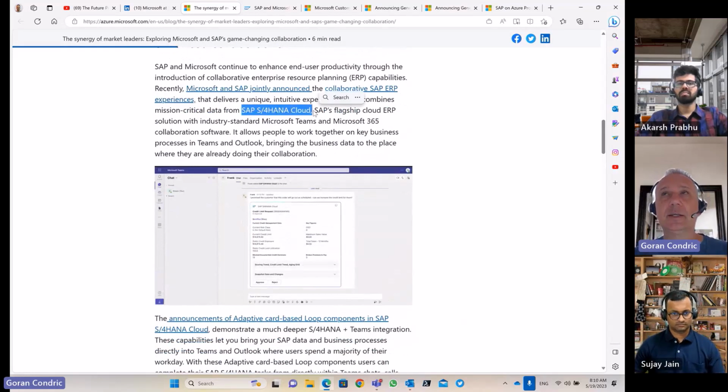Because a lot of what customers do revolves around the UI, and many customers are using Teams, there are scenarios showing integration with Microsoft Teams and Microsoft 365 collaboration software.